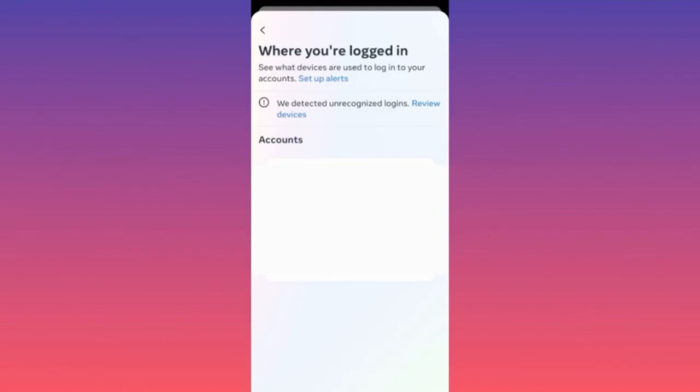When you click on this, you will see which accounts are currently logged in through which devices. For example, we have account 1, 2, 3, 4, 5, and each account is logged in through a different device: tablet, PC, phone, Android, iPhone. You want to make sure that you can log in and log out automatically through all